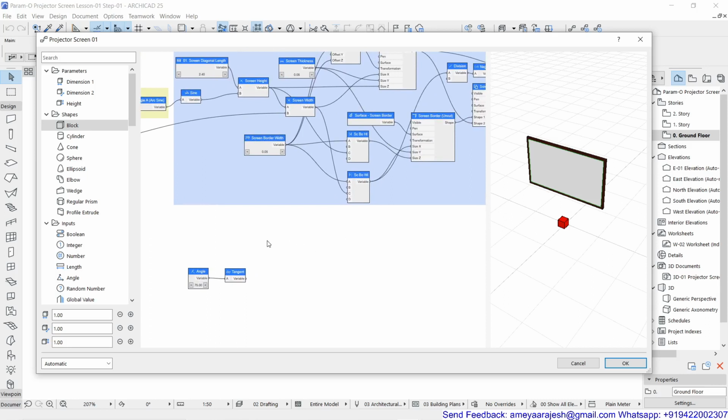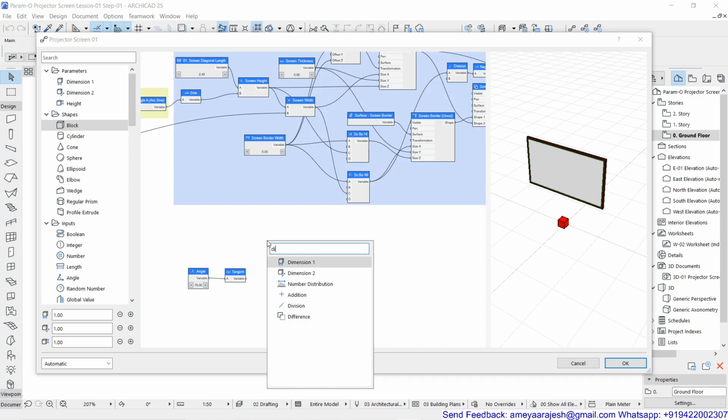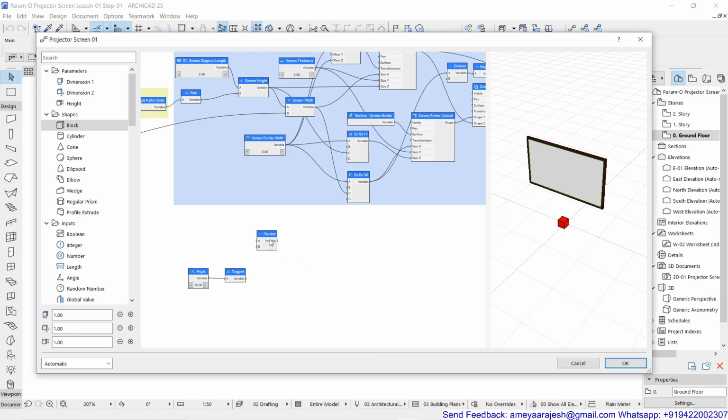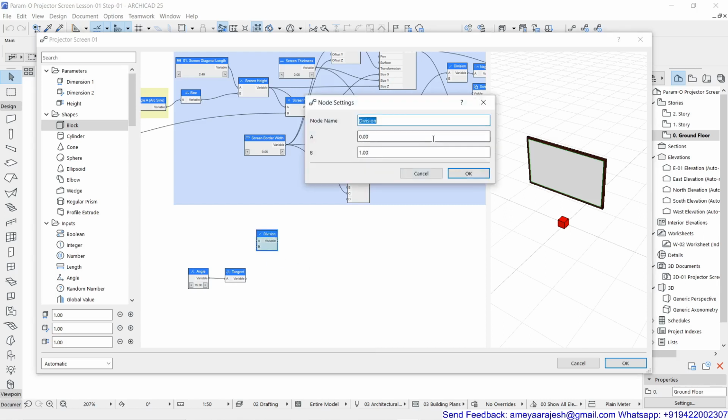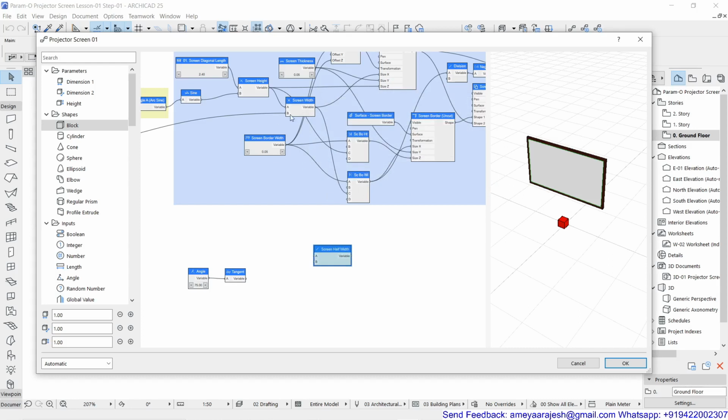So I'm just going to use divide, and the division factor will be 2 obviously, and here I'll be talking about the screen width. So remember this screen width, I'll be joining this as my A value. So half width and the tan theta, this you want to multiply.